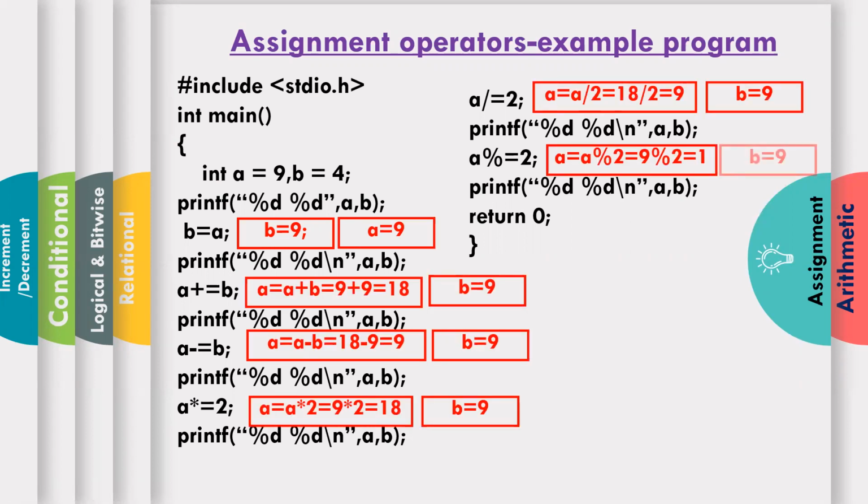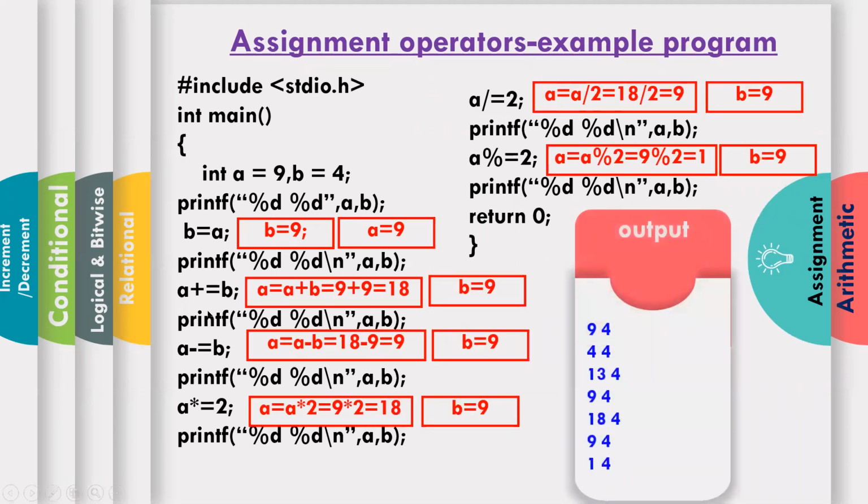But you observe what happened here. The value can be changed anytime. If you update the value, the previous value is taken. And the B value is not changed. So B is always 9, because the equation is A is equal to A minus B. So you will take the above A 18 and B 9.